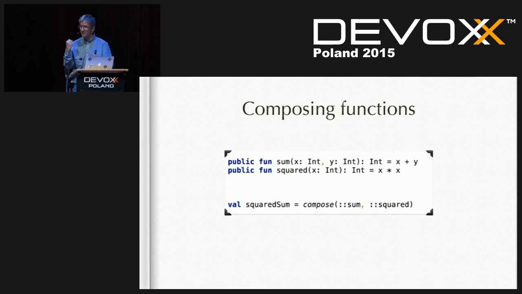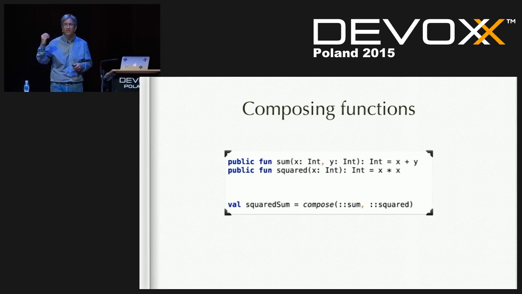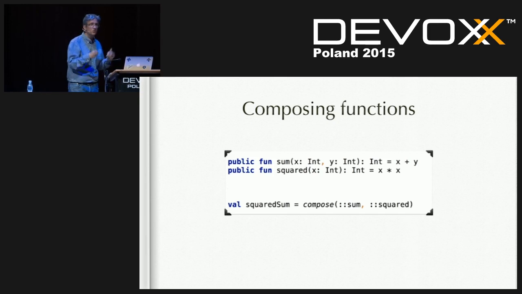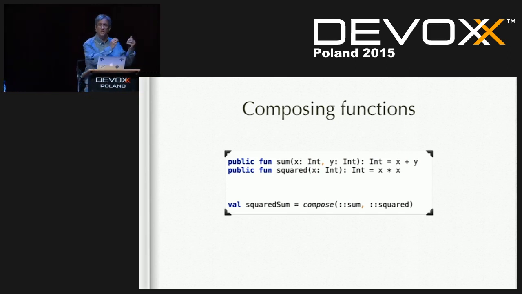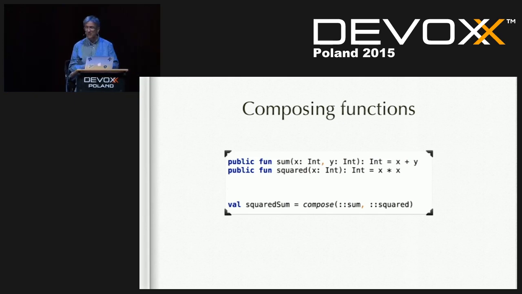The idea here is I start to think of functions as my building blocks. And I want to be able to reuse these functions. I don't want to have to rewrite them all the time or call them all the time. So I could start to compose them. So the composition basically means that if I take a function that takes value A and returns B, and then I have another function that takes input parameter B and returns a C, I can compose the first one with the second one, thus resulting in taking a parameter A and returning a value C. And then I can do something like sum squared, which will take two parameters and then do the sum and the squared of those functions.